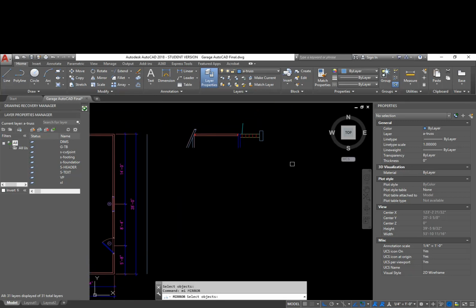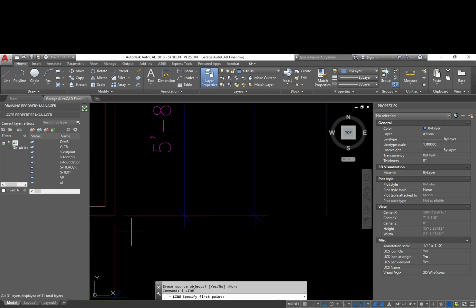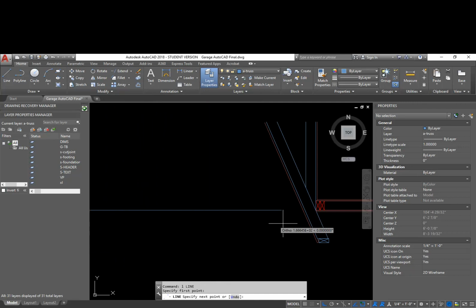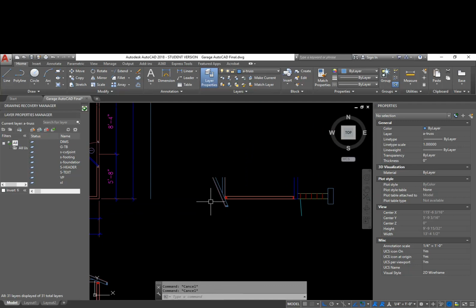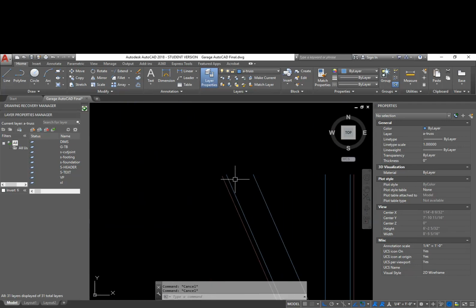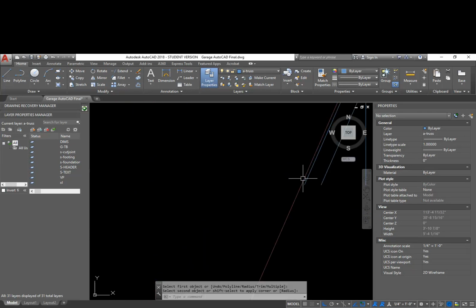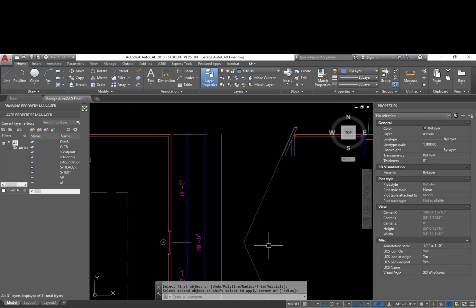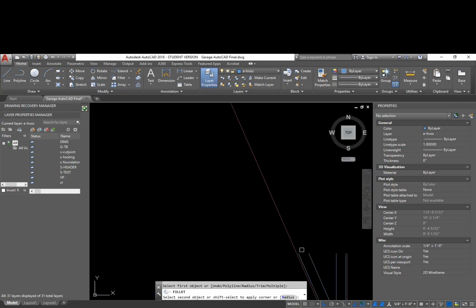So I'm going to mirror that entire wall section from that midpoint, and then I'm going to double check to see if this is lined up by just drawing a line down. And it is lined up with the exterior face of my stud. At this point I could use my fillet command. I'm going to fillet that line with that line. That becomes the peak of my roof. I'm going to fillet this line with this line